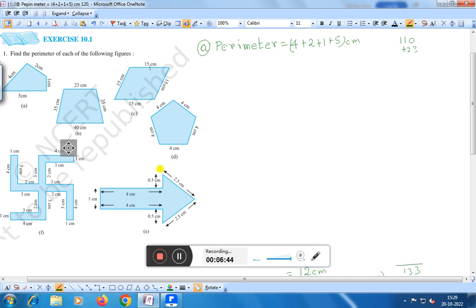Here you see, the perimeter is the sum of all the sides, right? That is 4 centimeter, 4 centimeter,